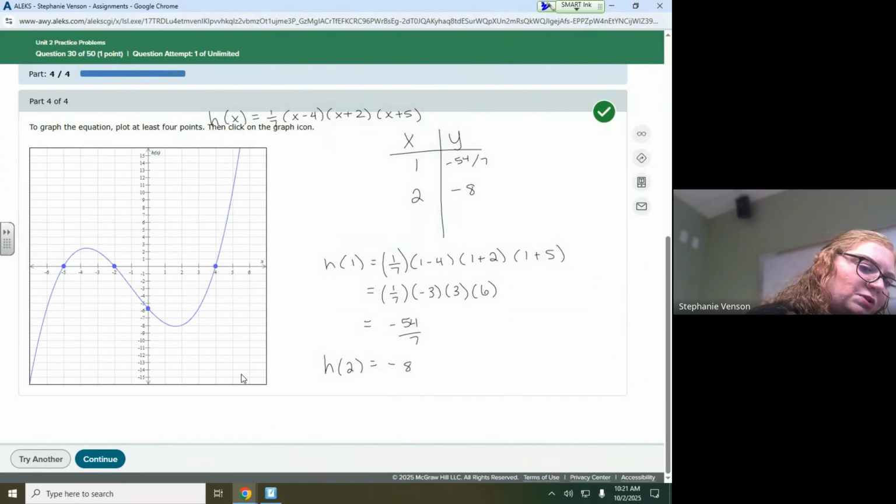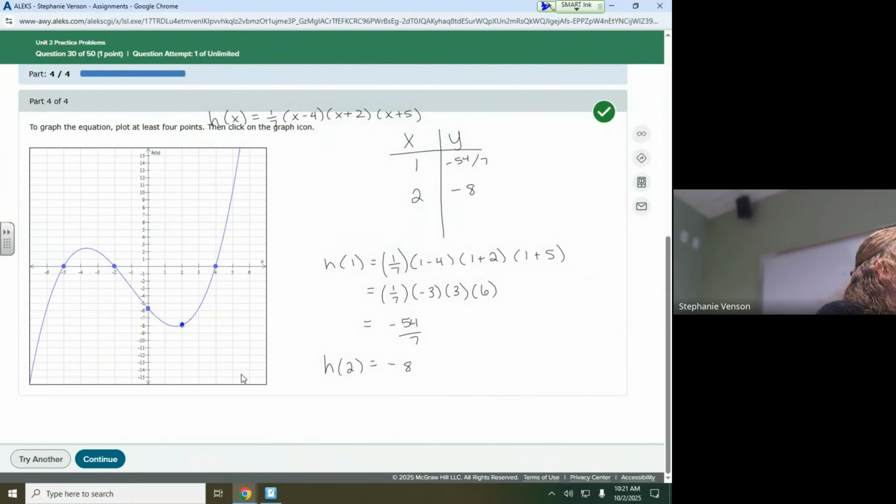But also, can you see that on the graph? You see, so let's talk about a couple of different reasons why we would do this. One is definitely to get extra points if they needed more than what you had already found. But second, if you just had extra time and you were going back to check your answers, you could find extra points to make sure your graph goes through those extra points like I did here, but